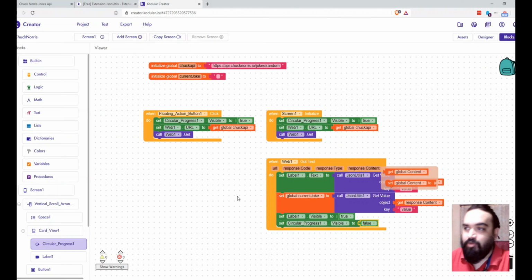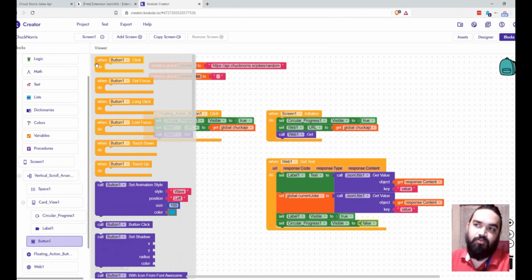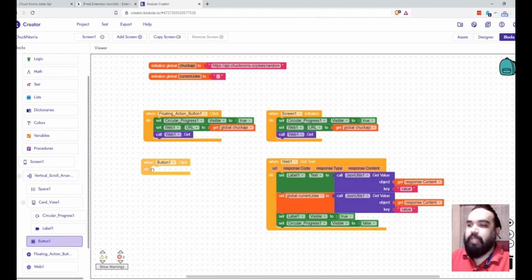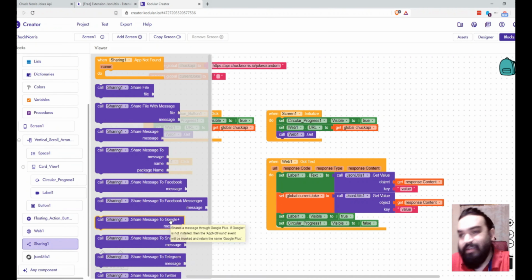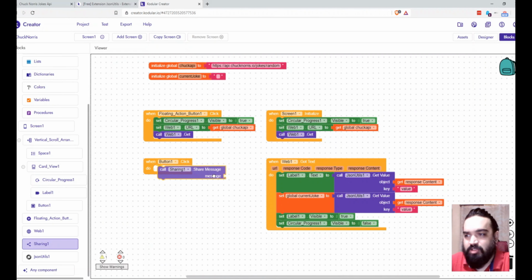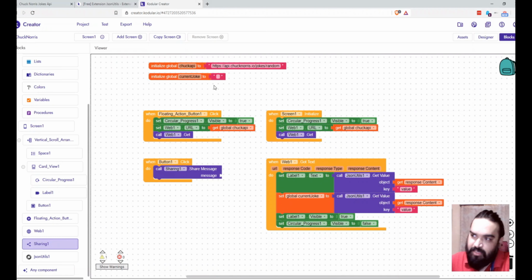Along with this, if you remember, we need to be able to share the joke, right? So for sharing, we have a button. So we click on the button, and when button is clicked, we will do a simple action, which is on the left, just find the sharing block. And here our simple thing is message, because it is just a text. You can do a lot of other things as well. If there are files, if there is a package name that you want to share, if there is a file with a message, if you want to share it just to Facebook, you can do this, just to Facebook Messenger, etc. And here the message is going to be the global variable that we have.